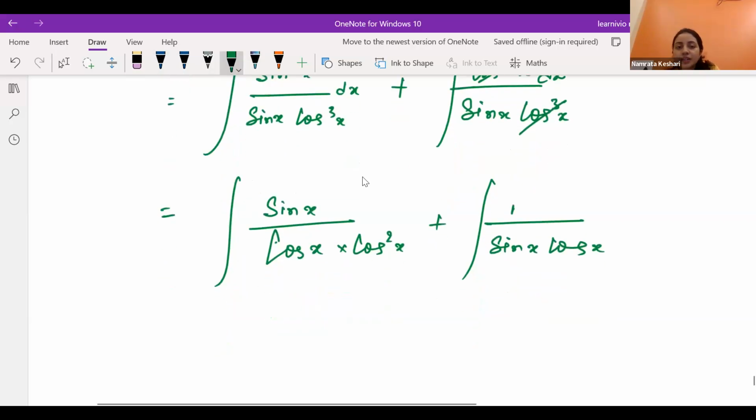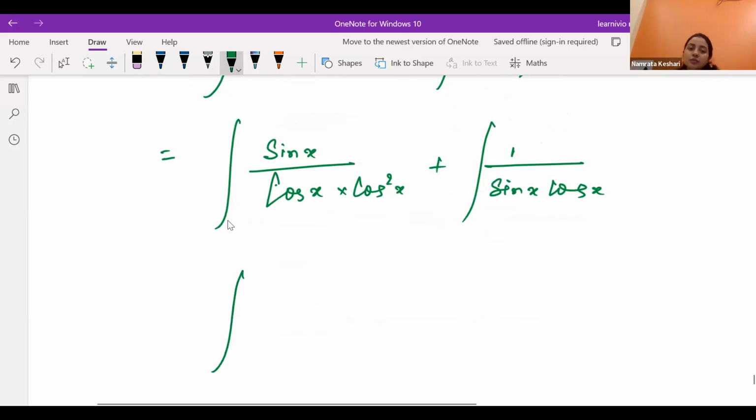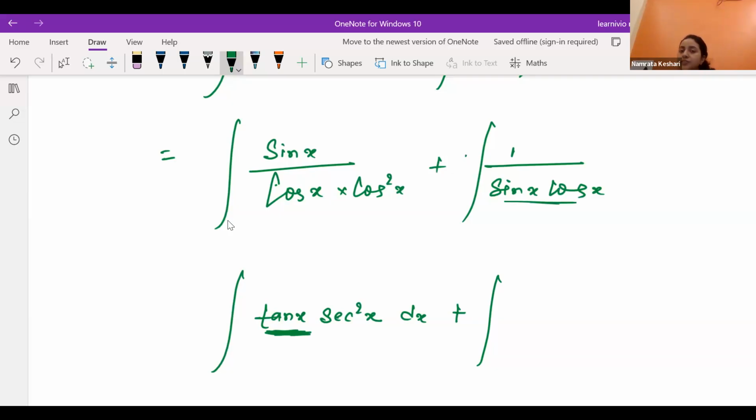Yes. Okay, let's continue. Let me check the first one I have cancelled properly. Yeah, the first one we have cancelled properly. So the first one became tan x sec square x. You can see if you will be taking the tan x as a substitution, it will become simple, right? Right. Now the one of the question like this we were discussing that by making it a formula of sine 2x,